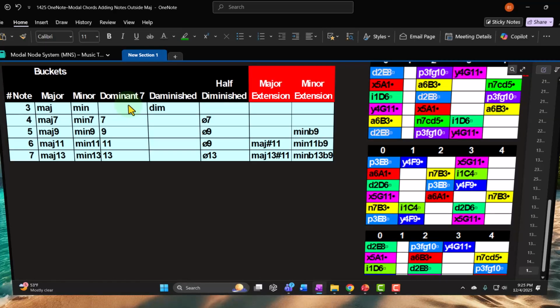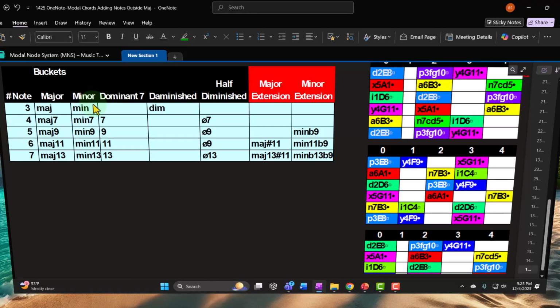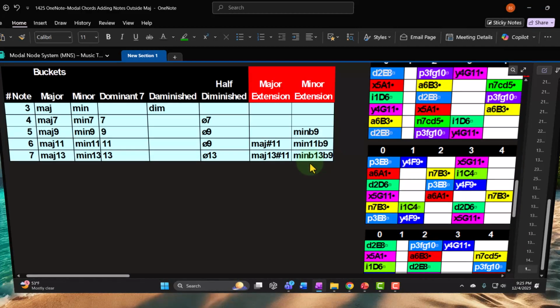you add the 7. Similarly with the minor, you would expect this to be the intervals for the Aeolian, as well as the Dorian, as well as the Phrygian, but they don't all fit perfectly in there. And instead of comparing to the minor, you're really comparing to the major. So you end up with extensions even when you're in the Aeolian node, which is the minor node, and then